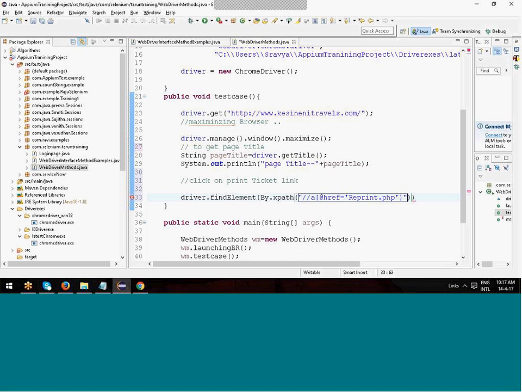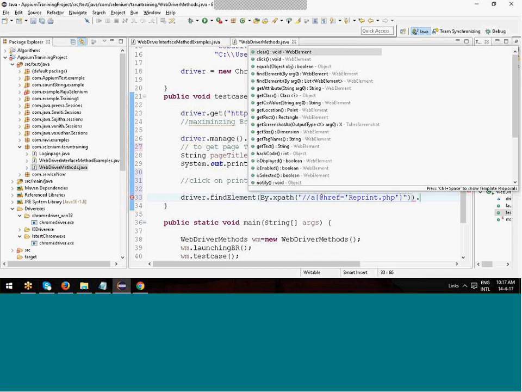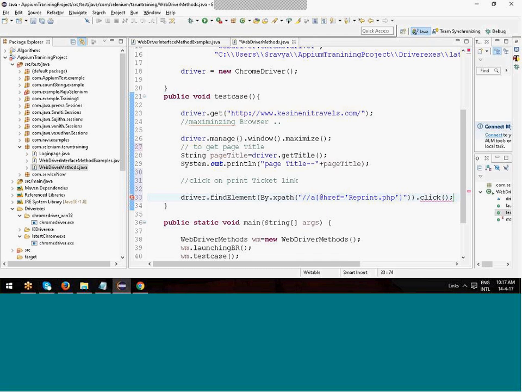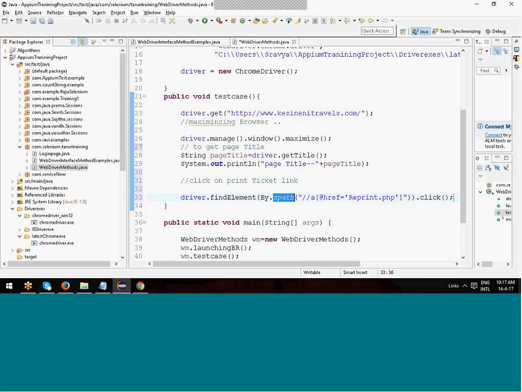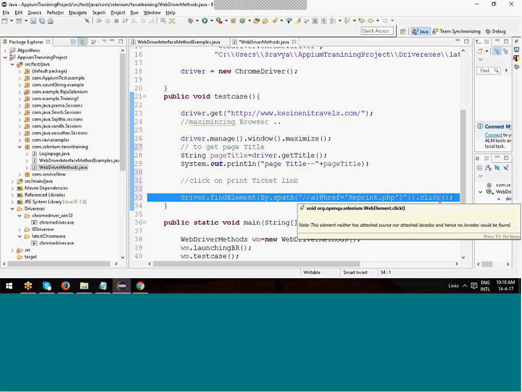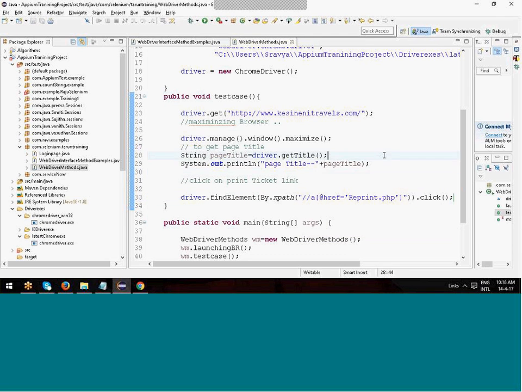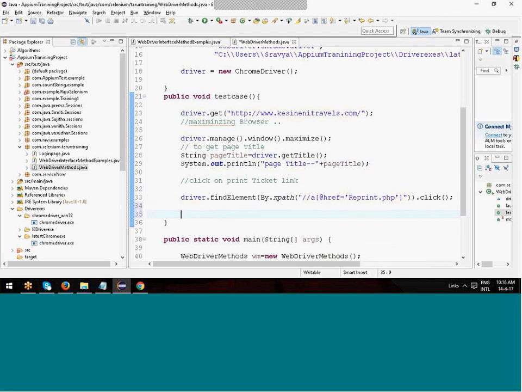Simply telling the driver to find the element, providing this export, and do a click action. Okay, so once the click operation is done,